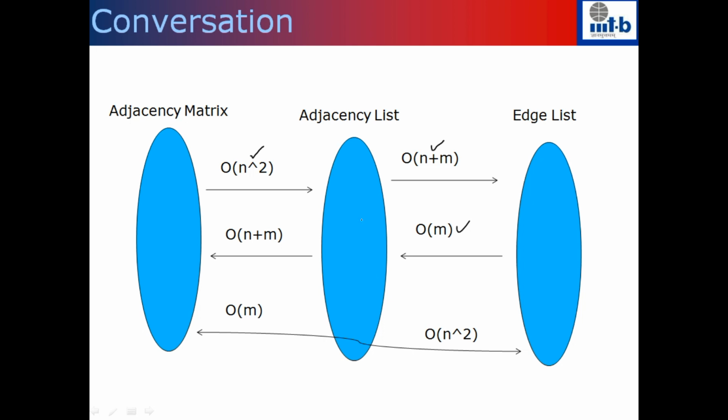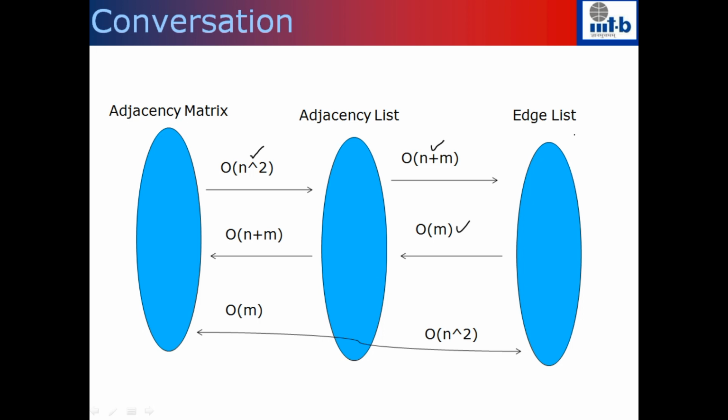So similarly, if you want to go back to an adjacency matrix representation from the edge list representation, what you can do is that you create an adjacency matrix. Initially, I will assume that all the entries there will be false. So you go through every node in the edge list and make a true entry there, right? So similarly, you can do from adjacency matrix to edge list representation.